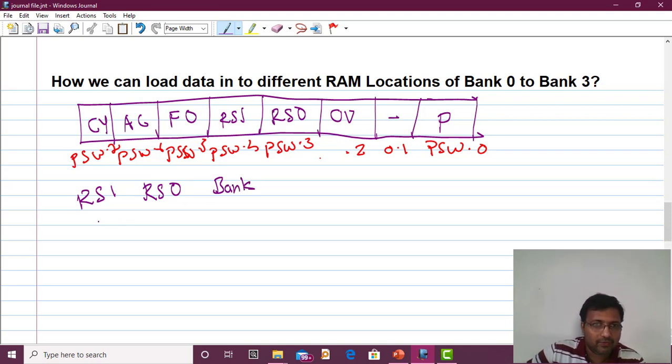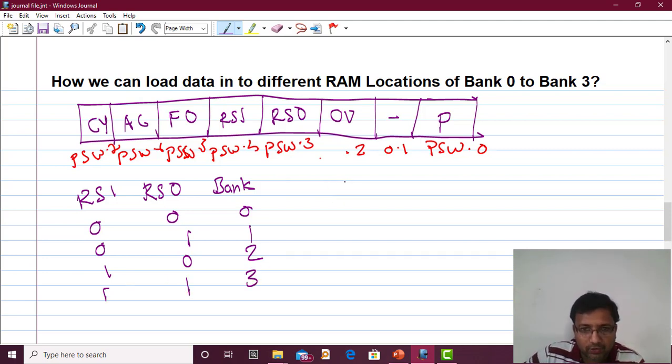When we load 00, bank 0 gets selected. When we load 01, bank 1 gets selected. When we load 10, bank 2 gets selected. When we load 11, then bank 3 gets selected.